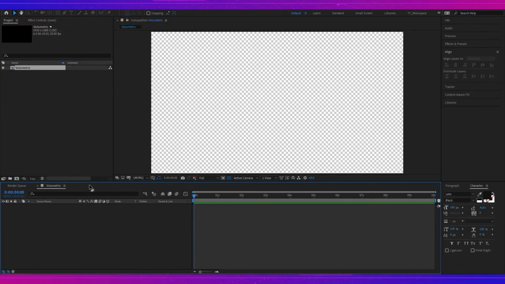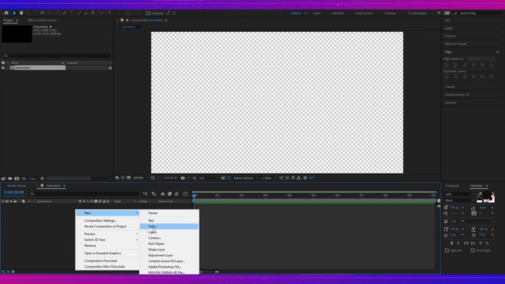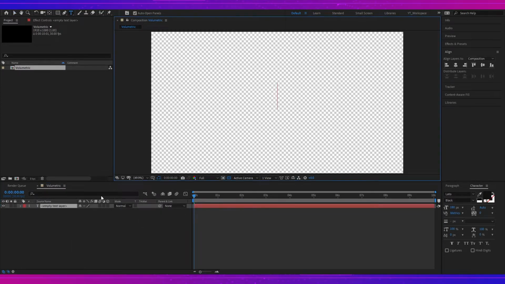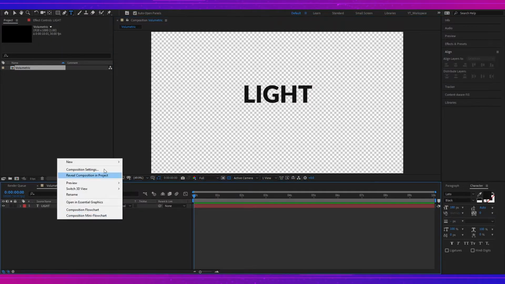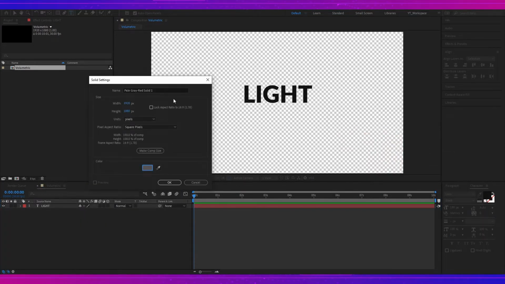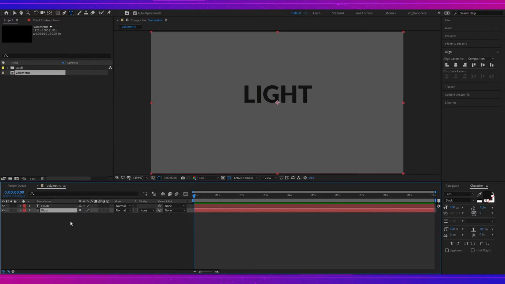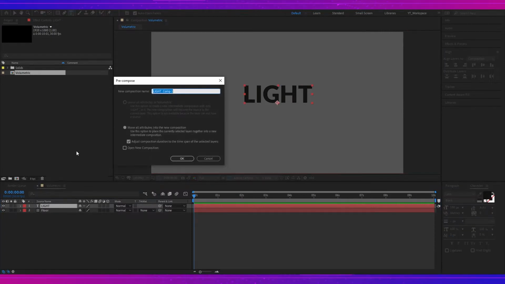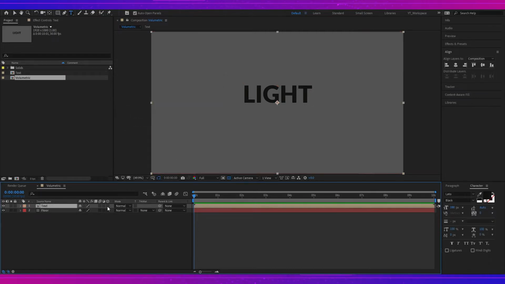Hit OK. Now I will create a new text. Let's say light, and now I'll create a gray solid and just name it flow, put it below and select the text layer, make a pre-comp to text, press OK, make both of them 3D, select the flow, press R,